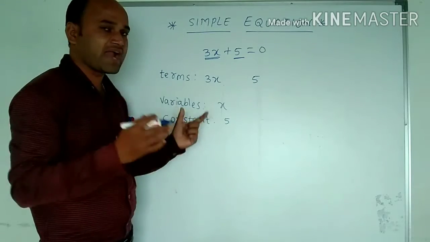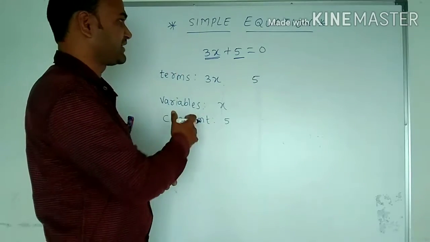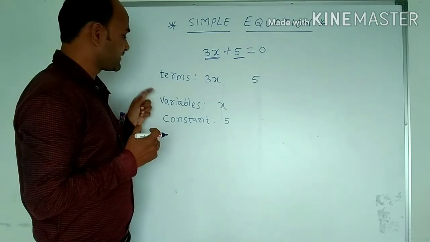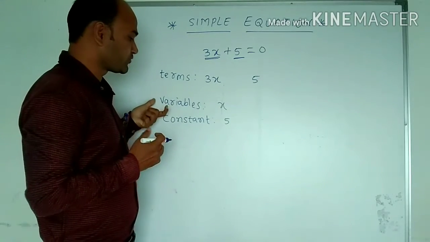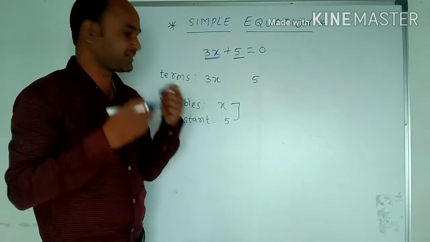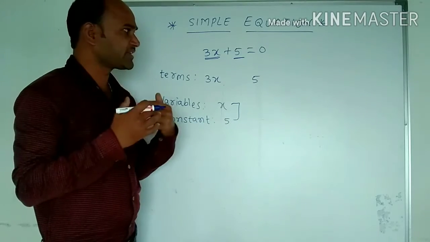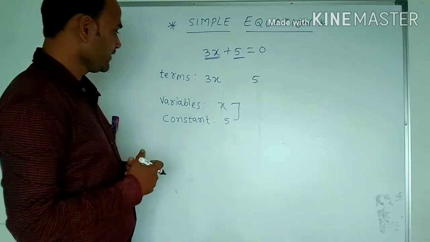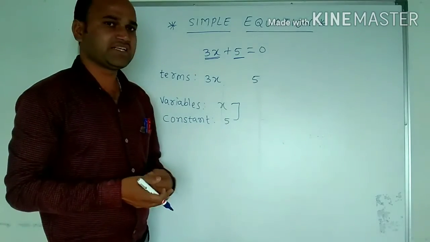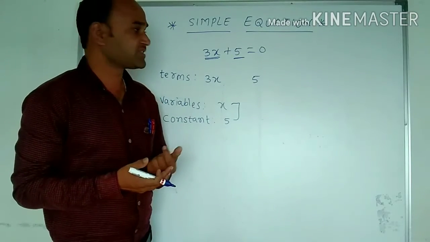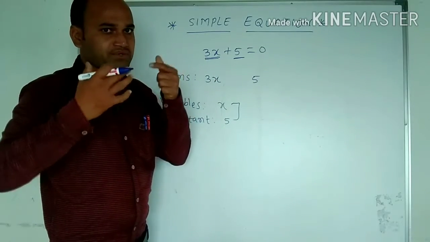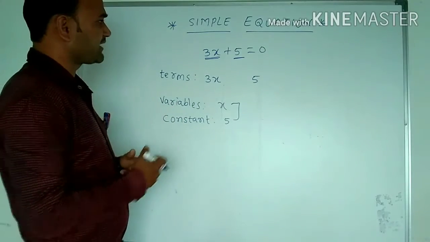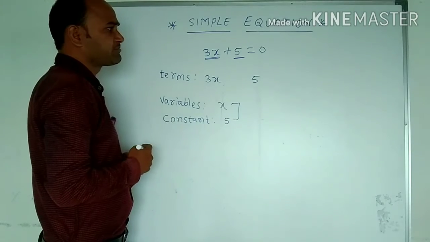Variables और constants को add, subtract या multiplication या division करने से आपको क्या मिलेगा? इक्वेशंस मिलेंगे. तो सिंपली, जो कोई भी इक्वेशन होगा वो सिर्फ और सिर्फ इन दो टर्म्स से बना हुआ रहेगा, that is the constant and the variables. Whatever kind of equation there is, it is made by the variables and the constants. There are different types of equations we will see in the next class.